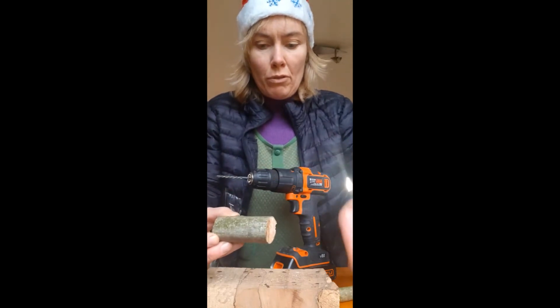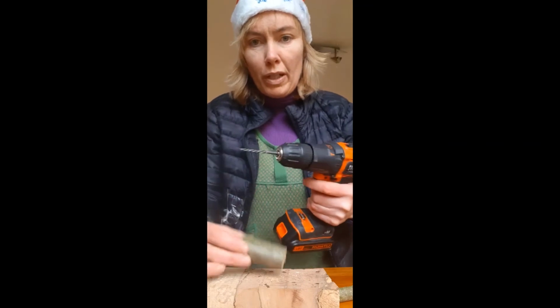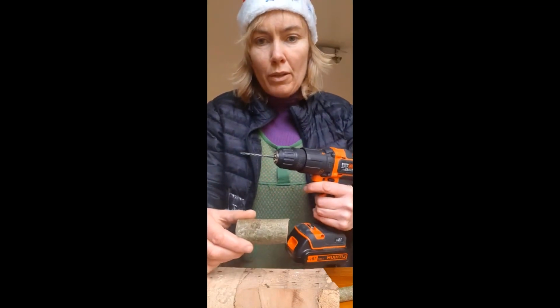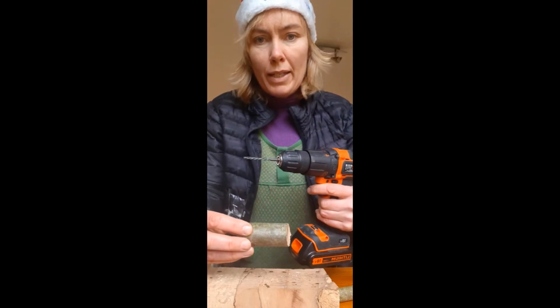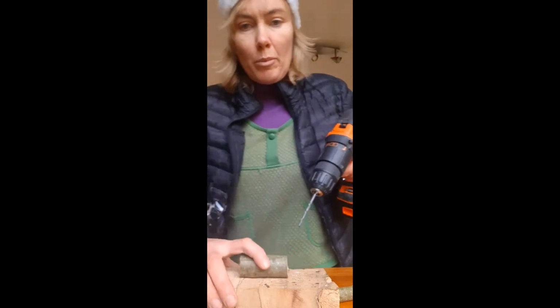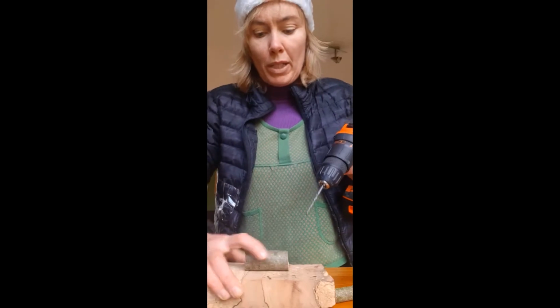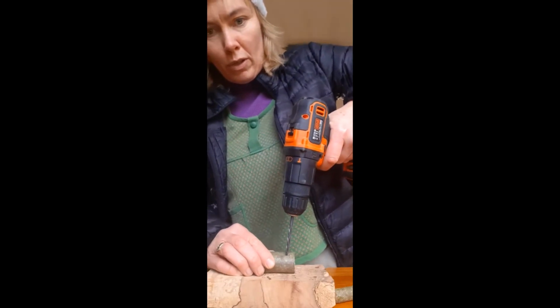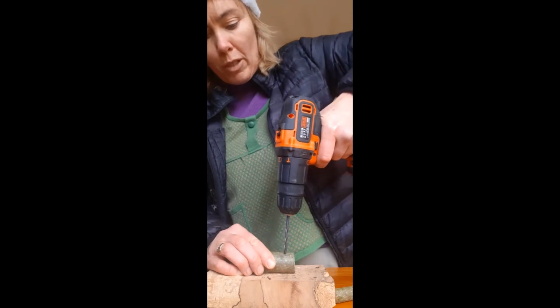And I have my drill ready here with just an appropriate size wood drill bit that's going to drill out the holes for the four legs. So I'll show you how to do that. I've got a block of wood here to save my countertop, and I'm going to drill down while holding the piece of ash firmly. I'm going to drill down,